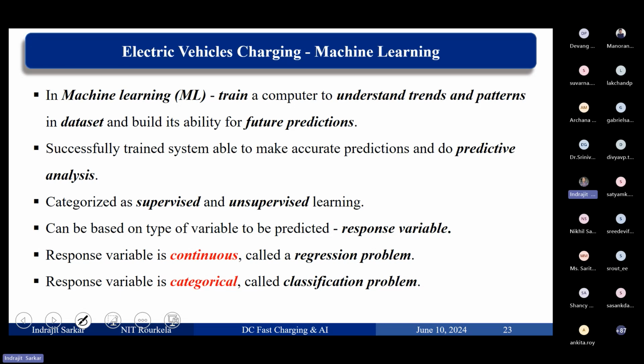In machine learning, what we do is we train a computer. We have a data set. If it is a small data set and we are very good at maths, a human being can figure out what the pattern is. If we have a huge data set,